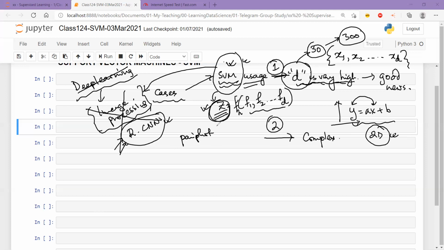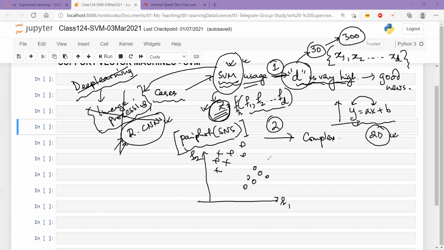For example, I know that I can do pair plotting with sns, the Seaborn library which we have. In pair plotting, let's say you're looking at a graph like this, and you are looking at two features, F1 and F2, and the data is able to bifurcate the target classes like this. If this is the case, then you don't have complex data here. This is very simple. You are able to see the bifurcation between class A and class B very easily.